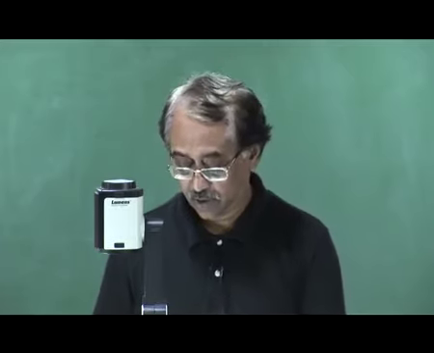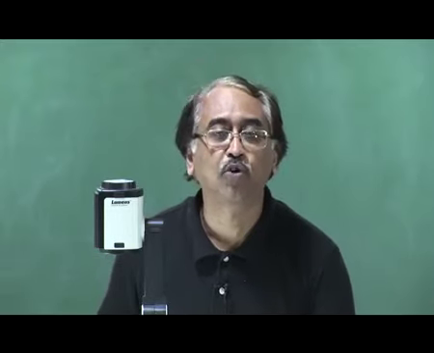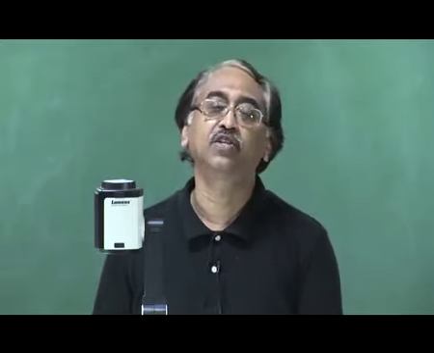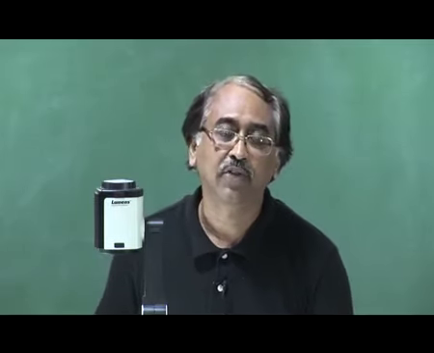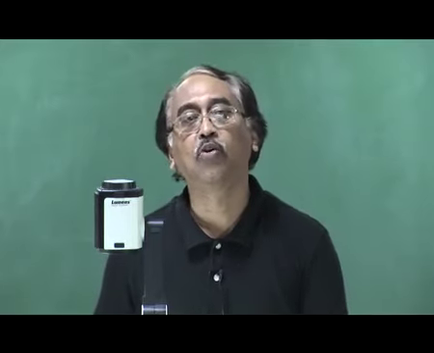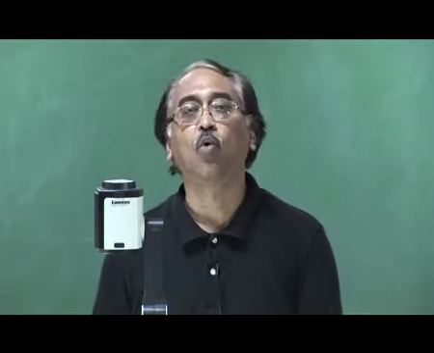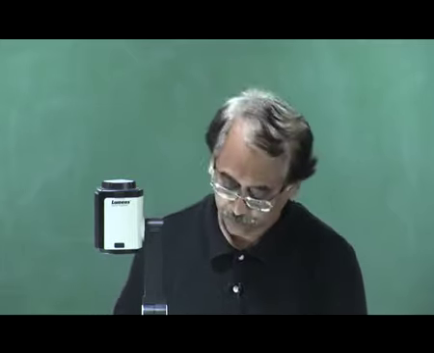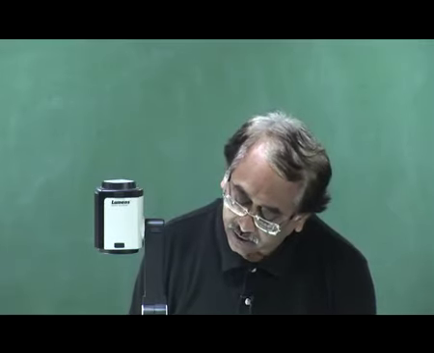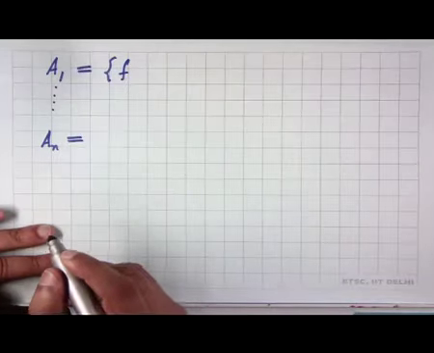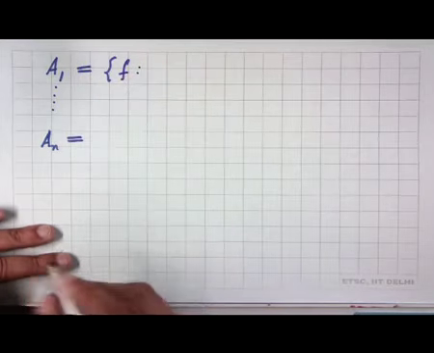So I want to pick for A1, for instance, all those functions that I do not want to finally count. The functions I want to count are functions that are onto mappings. That means they are functions that have a range equal to all of B, all of the numbers from 1 to n. So I want A1 to be some set of functions that do not include any of these functions that are onto. So this decides for me a natural choice for such functions. So these are all functions from A to B